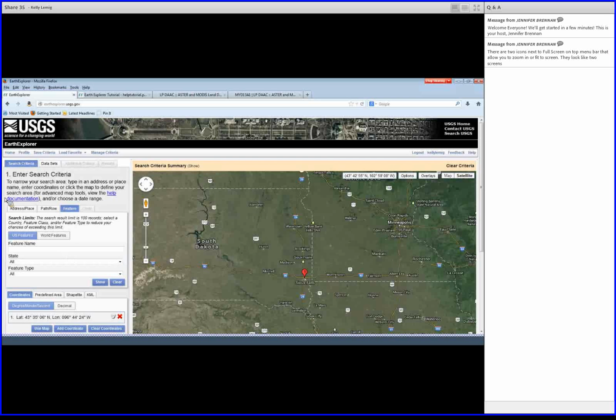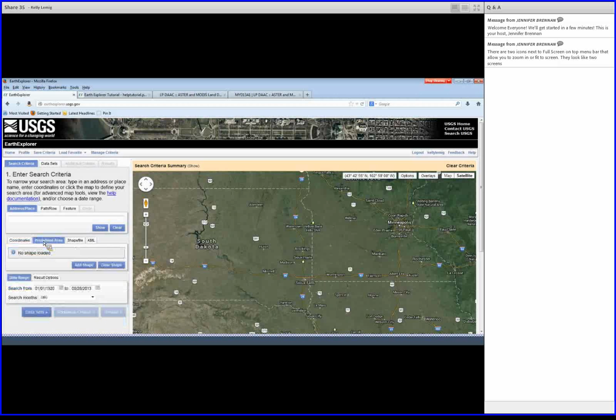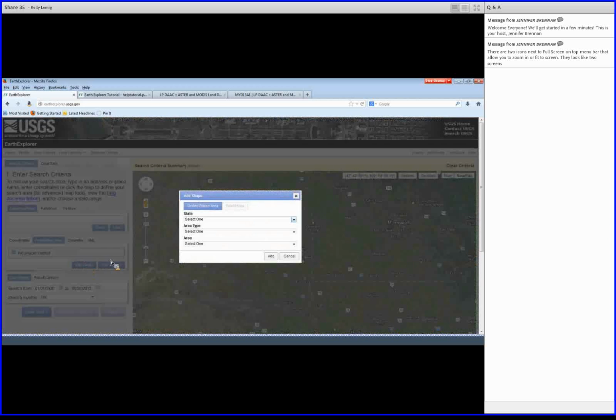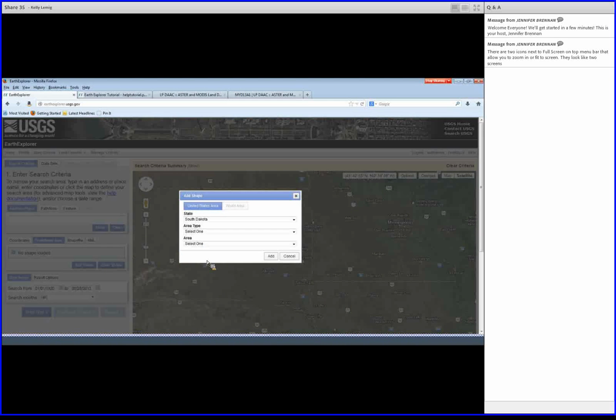So I'm going to clear that, and I'm going to show you now another way to search, which is you can do coordinates. So you see you have the options between degree, minutes, seconds, and decimal. Or another area is predefined area. So these are some predefined shapes that are loaded, and I'll click on Add Shape. And you see I'm in the United States, and I will select South Dakota,